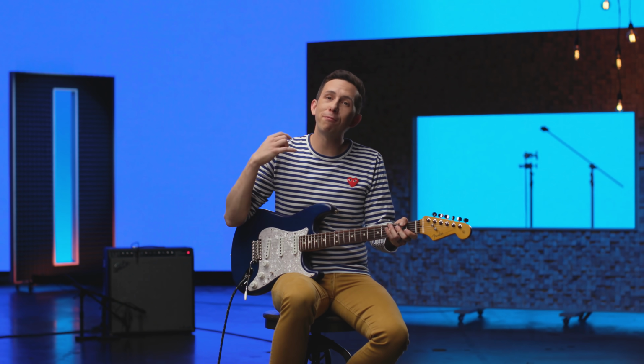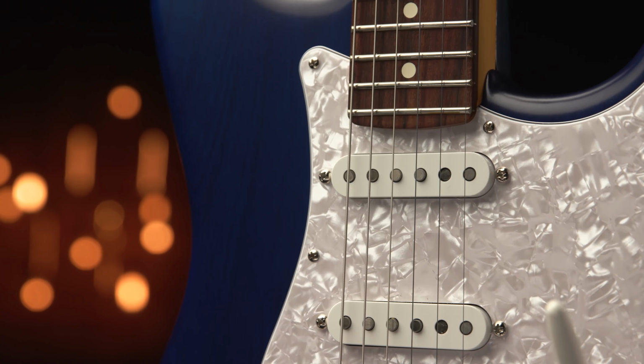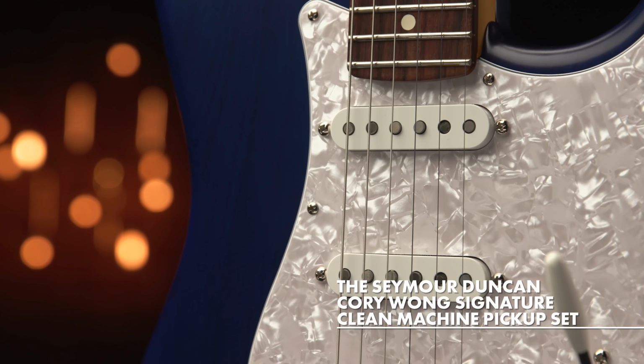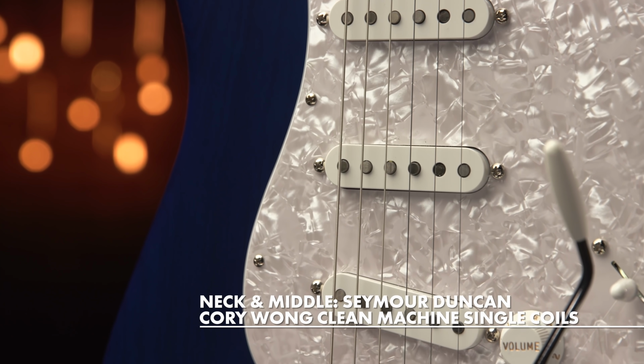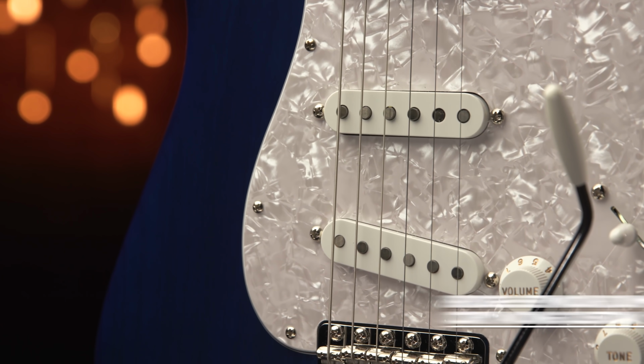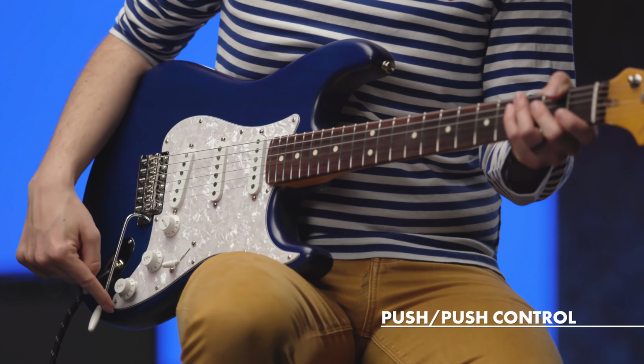So I am a fourth position player. That's home base for me. Neck and middle pickup. And sometimes when I'm playing, I'm strumming along like this and I have kind of a wide sweep to my technique. And sometimes I'll bump the pickup selector. So we've got a fourth position panic button